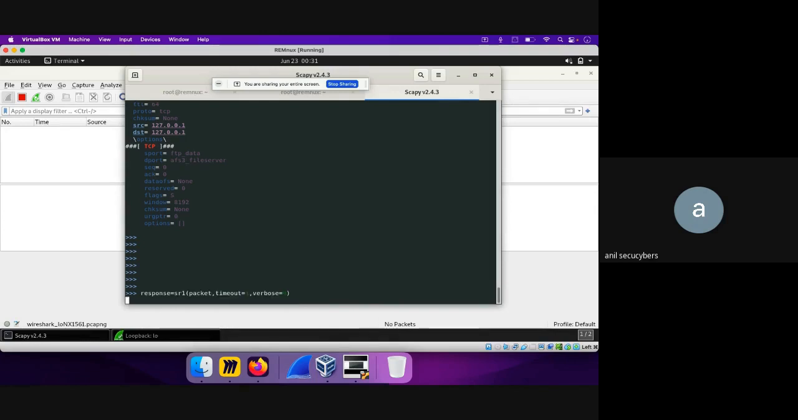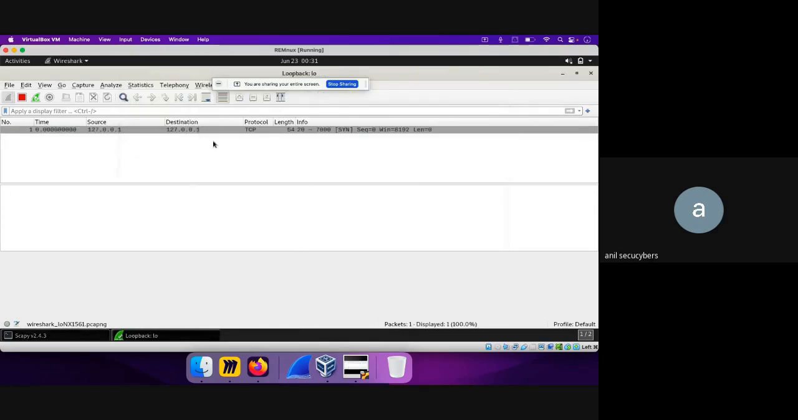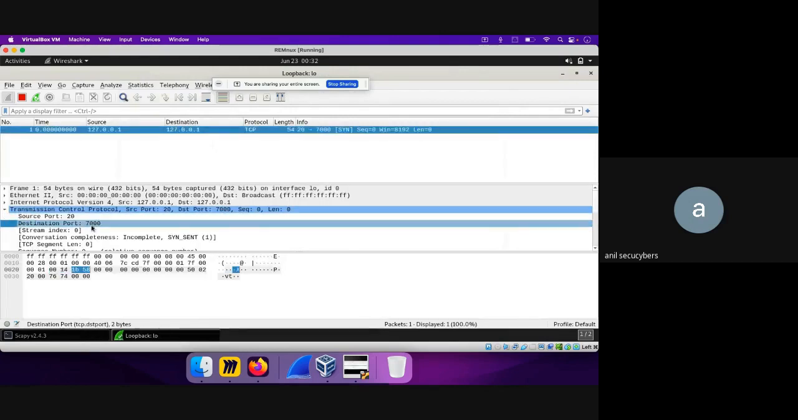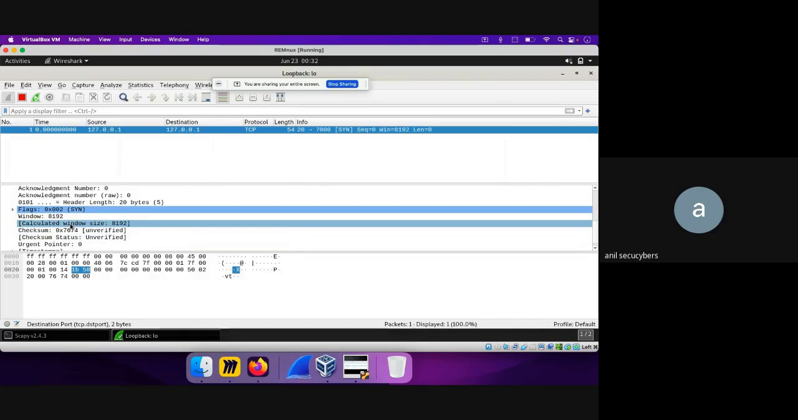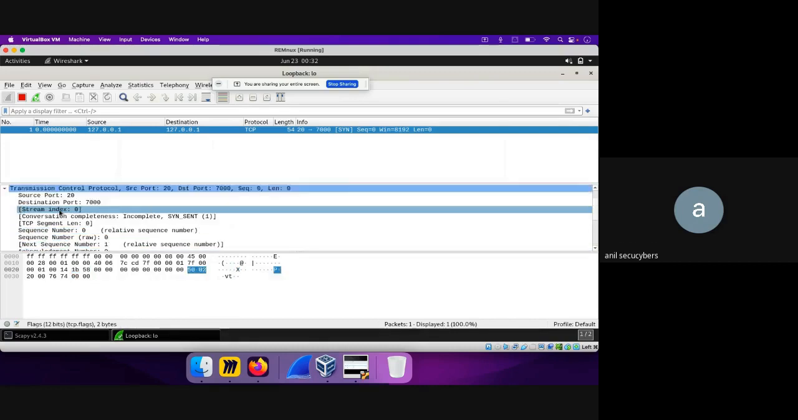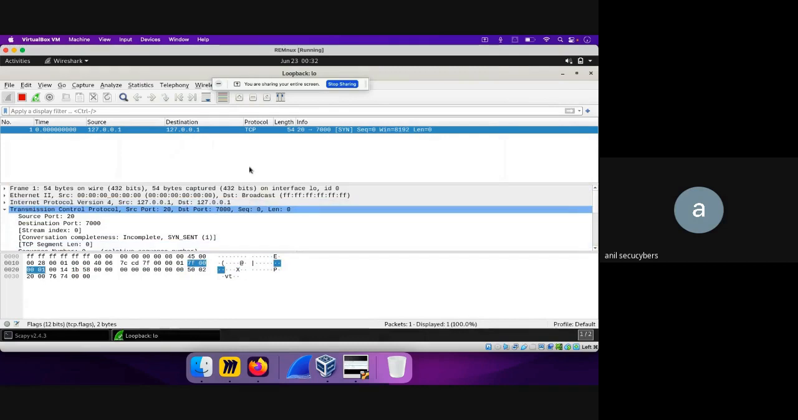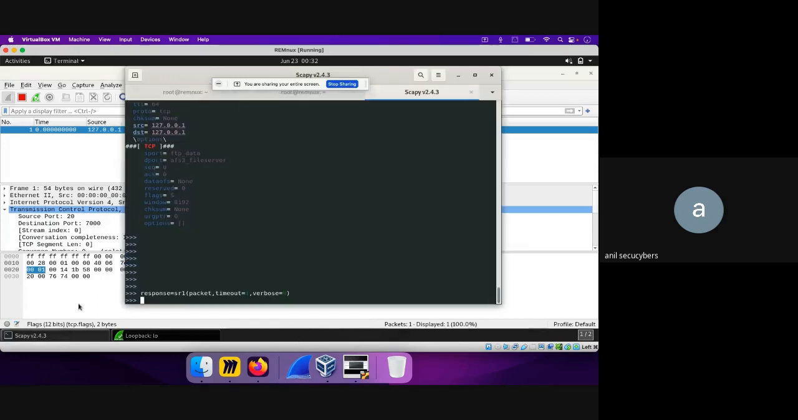Now if we press enter, the packet will be sent out. And if you see, a packet was sent out, which says that the destination port is 7,000, and the flag that was sent out is the SYN flag in the TCP header. We have not received any kind of response from the host. So let's see what the response value is. The response value is actually nothing. It's blank. So what we can do is response